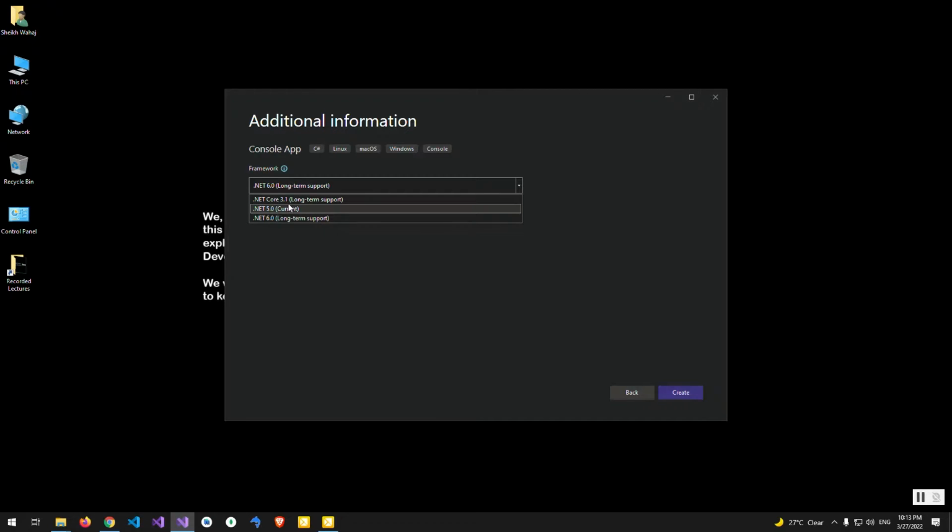So you can either go with 3.1, 5.0 or 6.0. Just to note one thing, that 3.1 belongs to .NET Core, and these two versions belong to .NET framework. Okay, there's a difference. We will do a separate video for that, but here I will select, for example, let's start with .NET 5